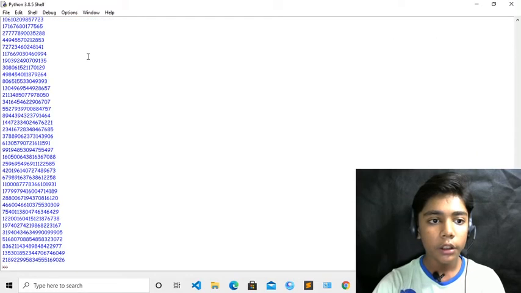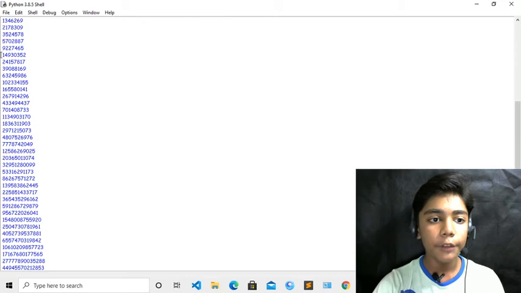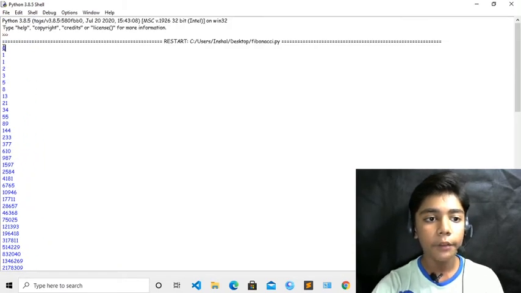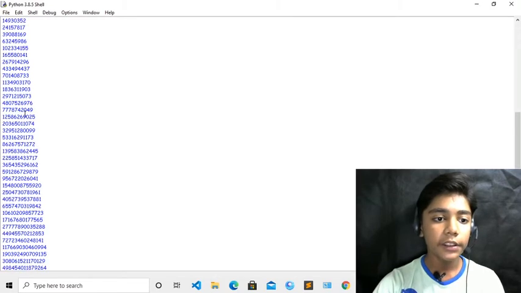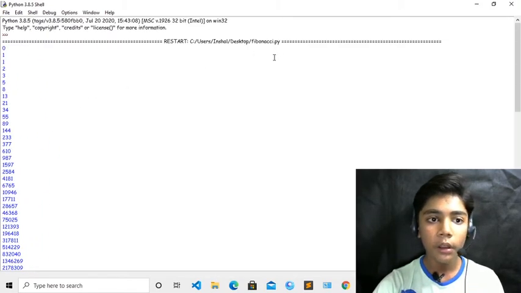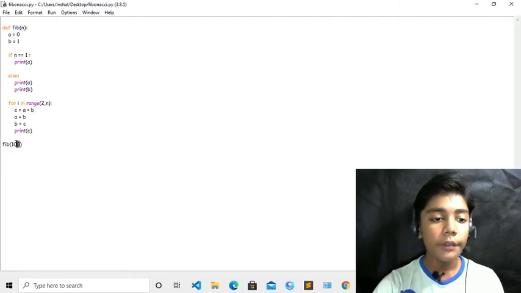If you run, so now here you can see this Fibonacci sequence over here, okay. It is really big numbers because I have defined it with 100 over here, so 100 is a really big figure, and because of this the sequence is coming really big over here, okay. Now just close from here, and now we will also do it if you have a minus figure, so it will also show you the Fibonacci sequence of a minus figure, okay.